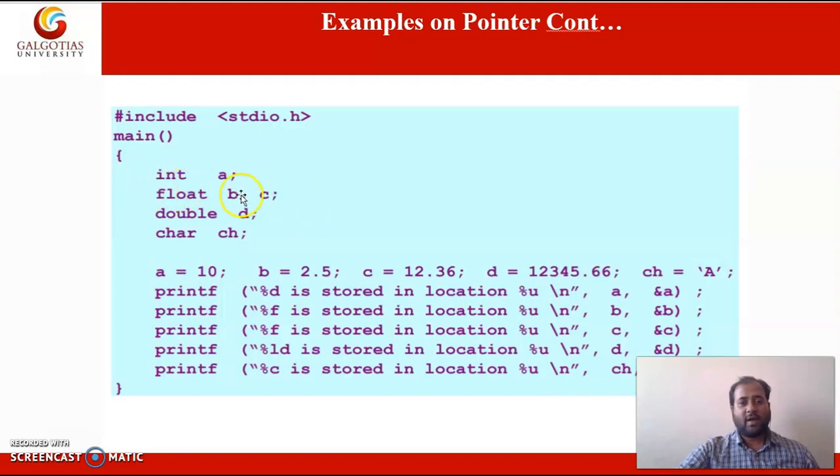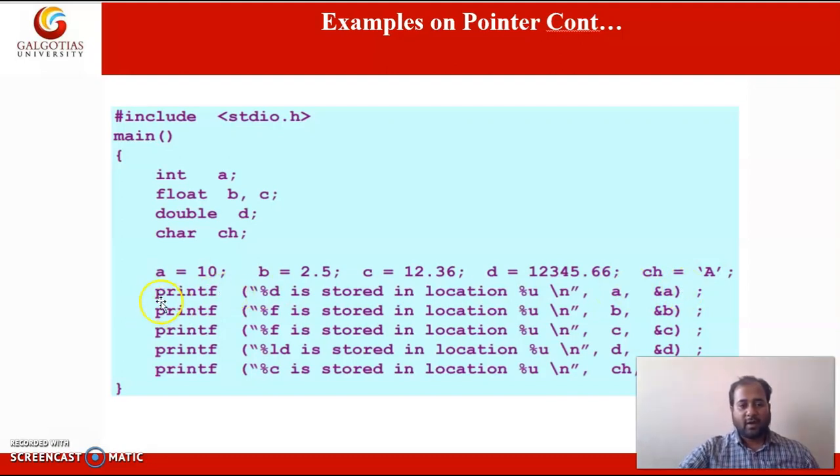The variable A is of type int, B and C are of type float, D is of type double, and CH is of type character. We have assigned some values: A = 10, B = 2.5, C = 12.36, D = 12345.66, CH = 'A'.